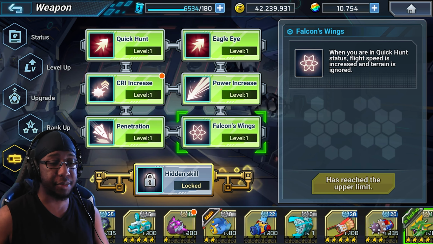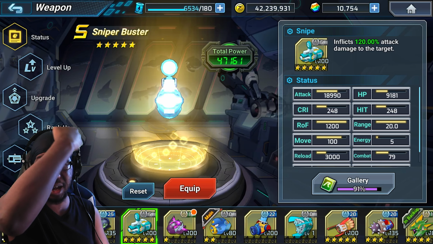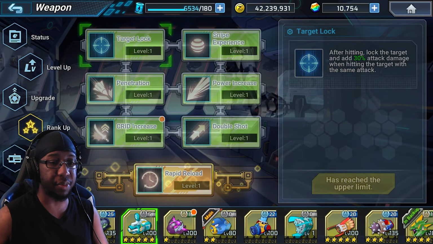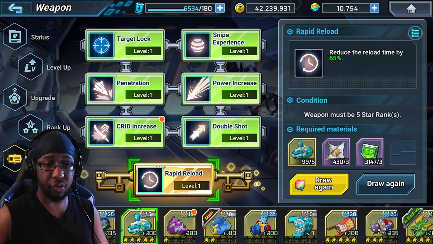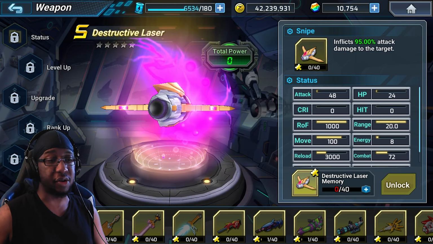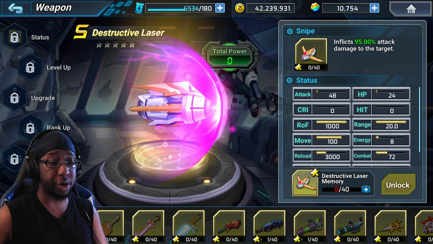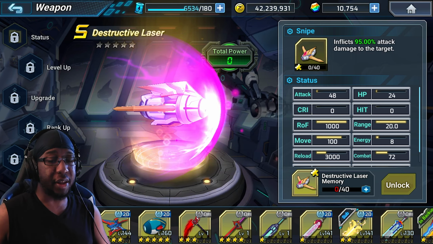If you don't have either of those options, Sniper Buster is always an option as well. This is a potential free weapon, so everyone has access to this. You can make the Sniper Buster in the lab. I think I can show it from here. Yeah, lab research level 8. And then there's also the destructive laser as another Sniper Buster that you can use if you want to, if you don't have the other ones. If you opt to go for the Buster Melee hybrid setup,